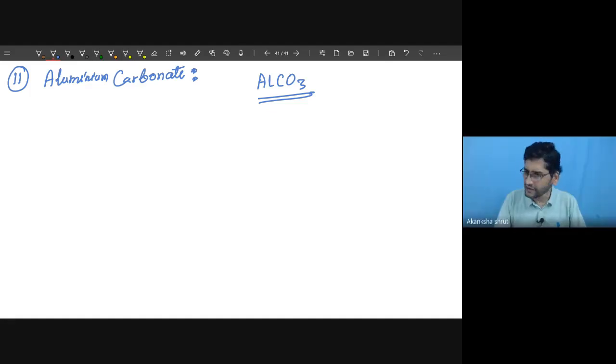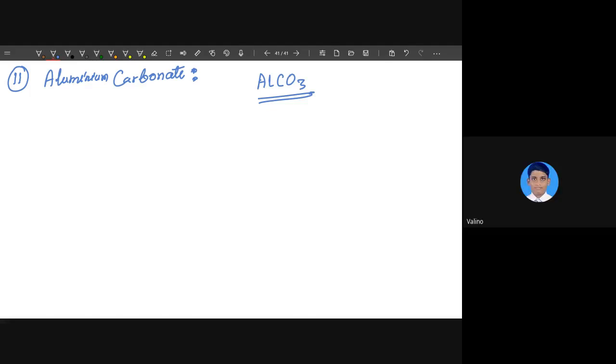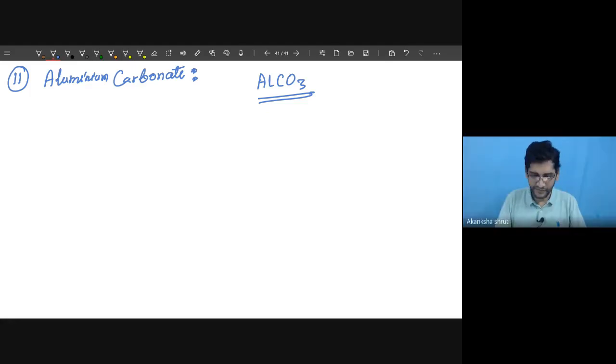Any student have any doubt? How is this formula we are getting? Are you knowing? Sir, Al2(CO3)3. Okay. And what about the aluminium? Only one atom? Student, I had told you, you write the aluminium in the form of its ion.